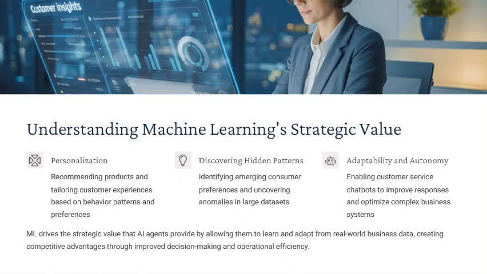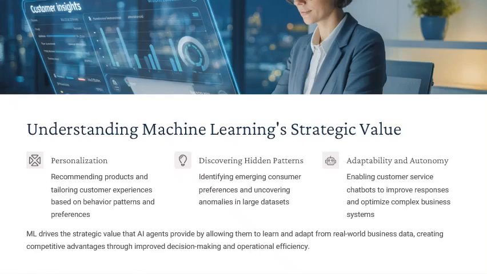Exactly. And for business AI agents, that learning capability is the difference between having a rigid, static tool and having a dynamic, adaptable asset. It's just indispensable because it allows these agents to operate effectively even when things are uncertain. How so? Well, they can personalize experiences on the fly. Think about an e-commerce agent recommending products that are genuinely relevant to you right now based on what it's learned. Or they can discover hidden patterns in huge amounts of business data, maybe identifying niche customer segments you didn't even know existed, or spotting early warning signs of a market shift. Ah, the discovery part.